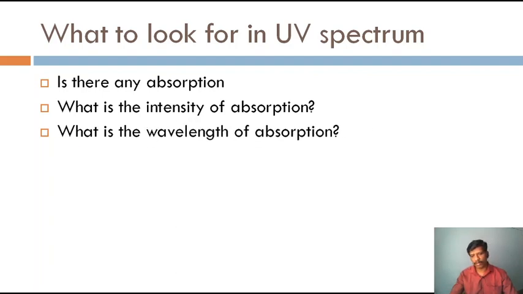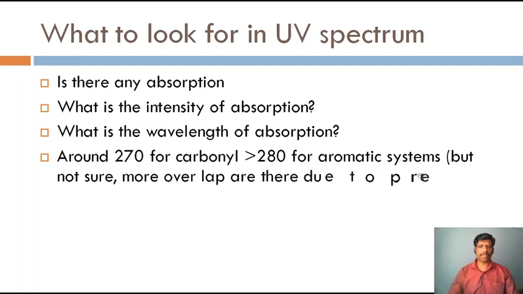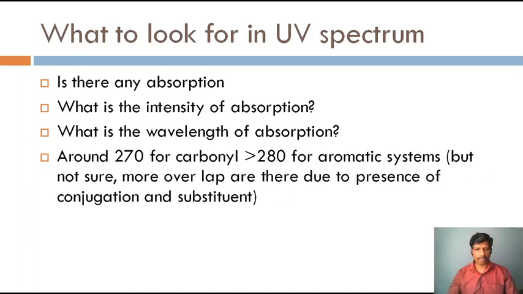What is the wavelength of the absorption, and the number of signals. UV usually gives one, two or three absorptions. If there is a bulky molecule that contains different chromophores, such as drug molecules, for example, you can get more. But otherwise, for a simple molecule you get either one or two absorptions. For example, if absorption is around 270, we usually consider that a carbonyl, aromatic or conjugated system is present in the molecule.